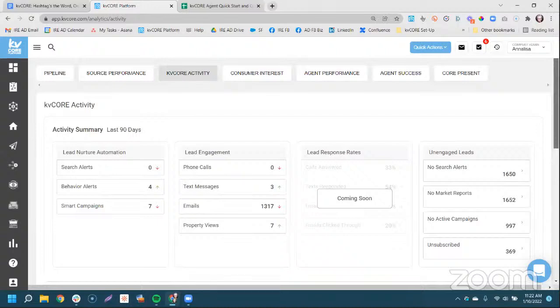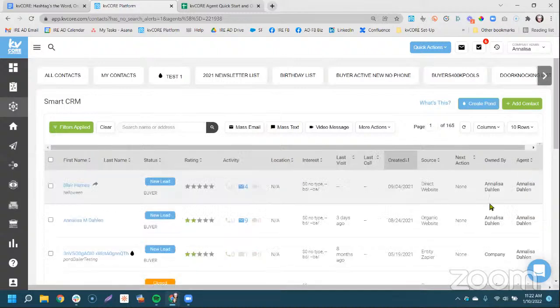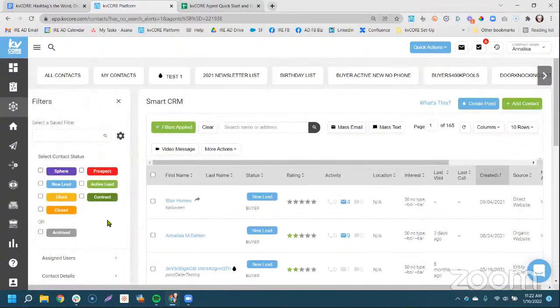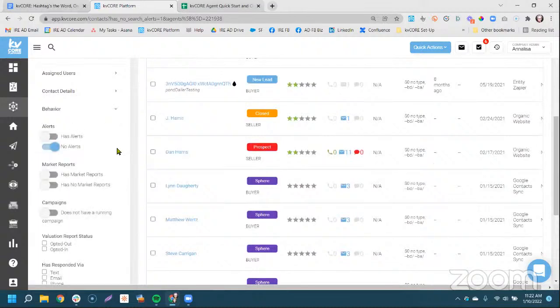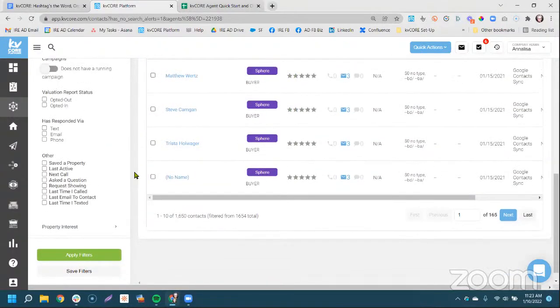So what you can do in here is go in and look at yourself and see, all right, I want to make sure I'm identifying these gaps. And you can create a list here, like a running list for your smart CRM on who needs alerts. So we just brought that list over into our smart CRM. I can click into filters applied, and you need to clean this up a little bit. So what I would say is still look at it from every status, but then make sure you're going in here and saying, all right, on behavioral, I want to make sure that if they don't have alerts, I'm looking at people who actually do have an email.